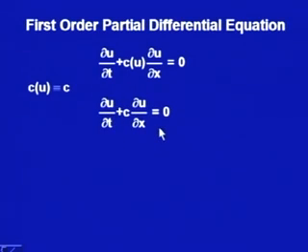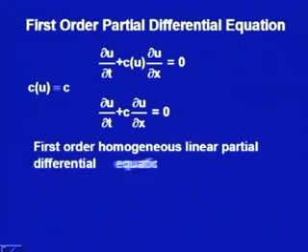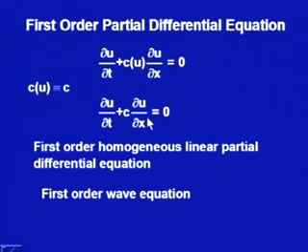then this equation is the equation we just saw, the one dimensional wave equation, del u over del t plus C times del u over del x is equal to 0. We see that this is first order, because the order is one only. It is linear, the derivatives are occurring linearly, the coefficient is constant, and the right hand side is 0, that is, we are not having any term which is not involving u or its derivative. So, it is a homogeneous linear partial differential equation. We had already seen that we called it the first order wave equation.